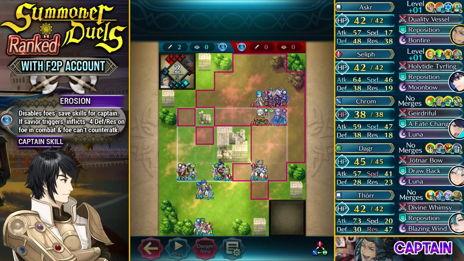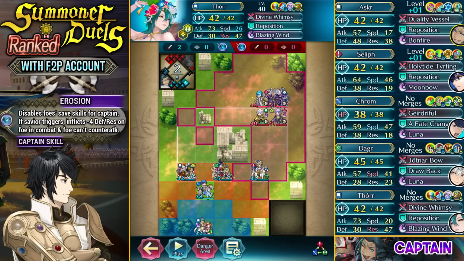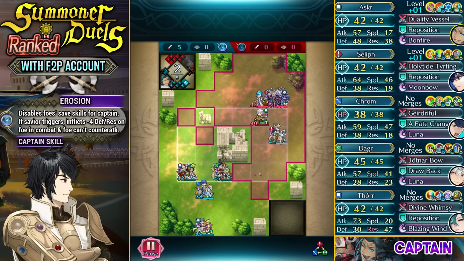So that's why I just ended my turn. Even though Duo Thorr is quite far away from the team, still I figured getting the first action is a lot better so that I can kill another one of their units. So I'm gonna be getting the first action because of ending my turn early, and I'm just gonna be able